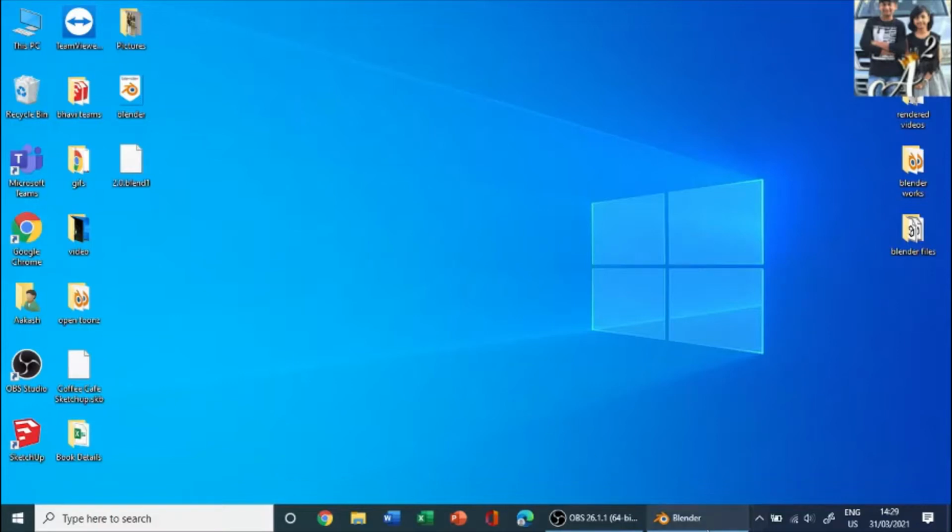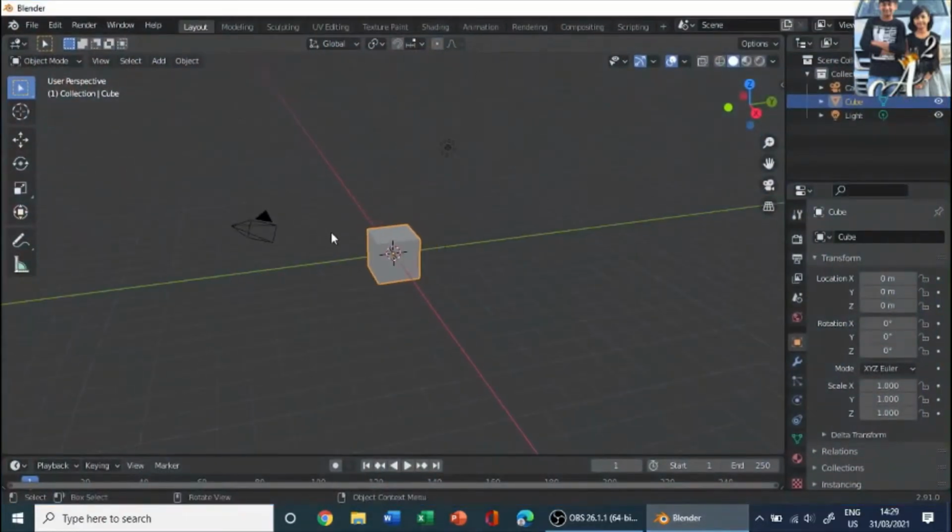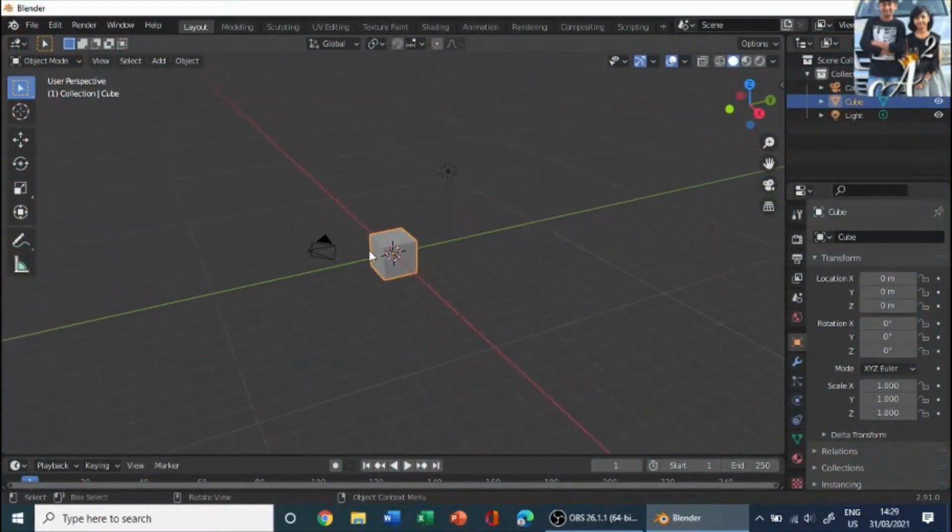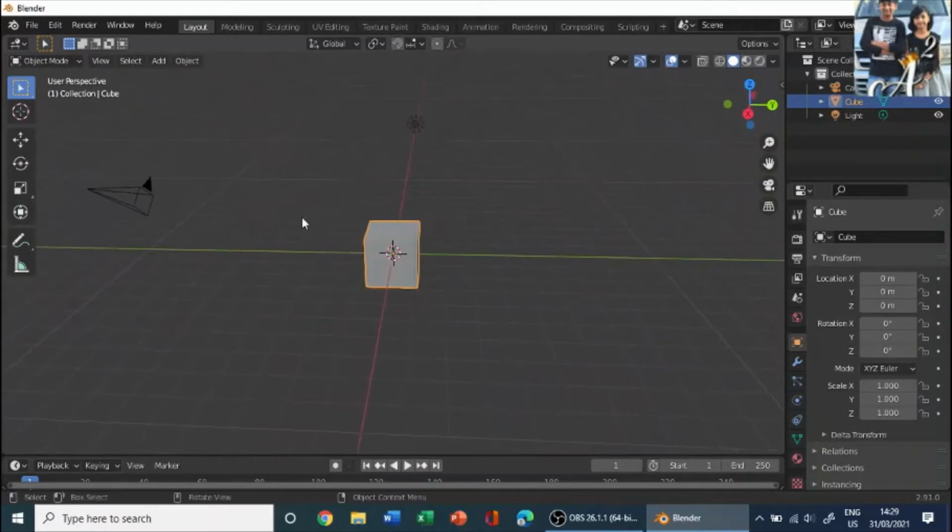In this tutorial, what we're going to see is a morphing effect in Blender 2.91. So let's get started by opening a new file, which is going to be General, obviously, and let's just let the default cube be there, because today it is going to be useful.